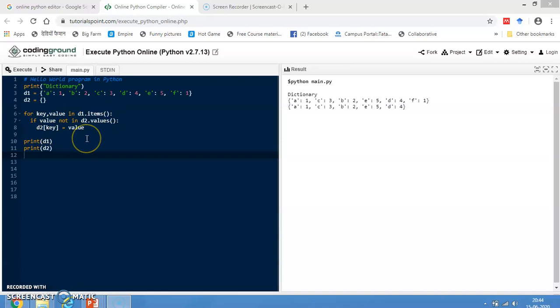If the value is not present in D2, just copy it, then print both the dictionaries. After executing this code, you will see the result: the first dictionary shows the duplicate values, then the second dictionary D2 is printed without the duplicate value. The key F with the value 1 is not copied because the value already existed in the dictionary D1.